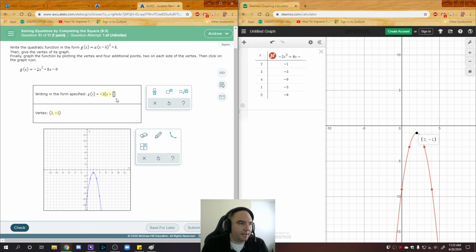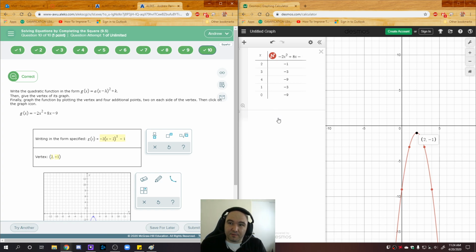here. We can write x minus 2 squared minus 1. You only have to keep in mind that the x thing should be reversed. So if it's a positive 2, I'm going to write a -2. And if the y value is -1, then yeah, I'll write -1. And there you go. And if you just want to be sure that that was the right thing to do